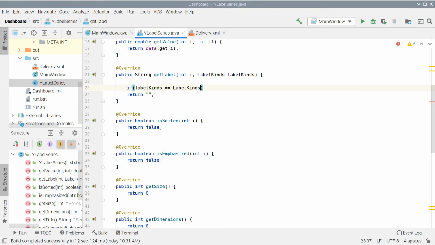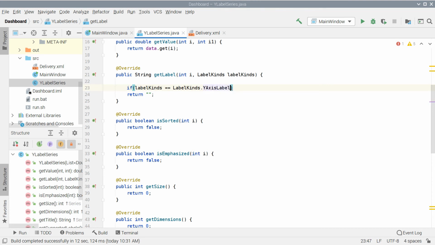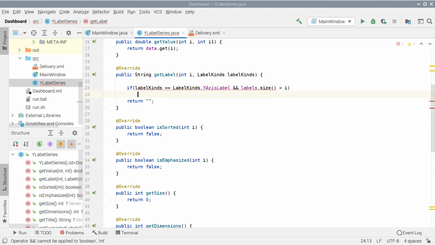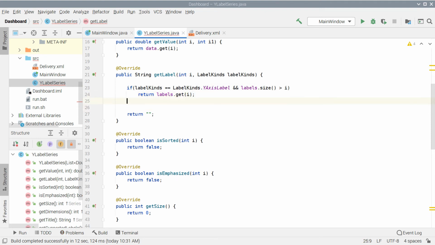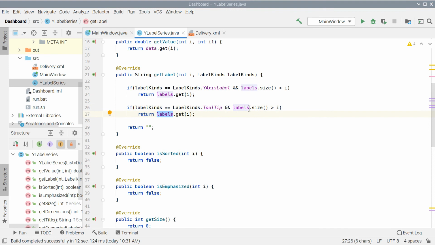If so, we return a label from the label list. If we are asked about the tooltip, we return a string representation of the corresponding data value.